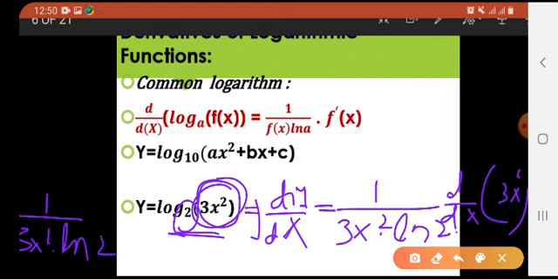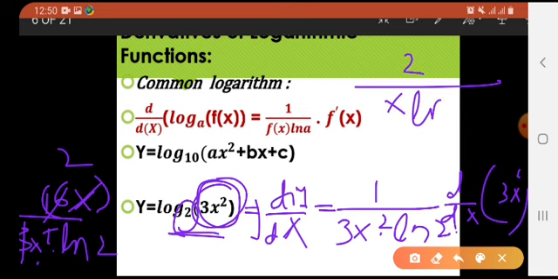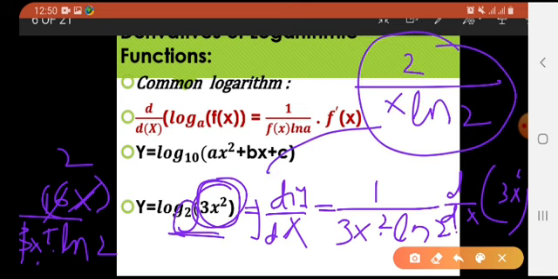On numerator में we will be getting 3 2s are 6, so it would be 6x. कटिंग हो रही है, yes, 3 1s are 3, 2s are, x in x square का एक x cancelled out, so the answer would be 2 divided by x into natural log of 2 of this question.